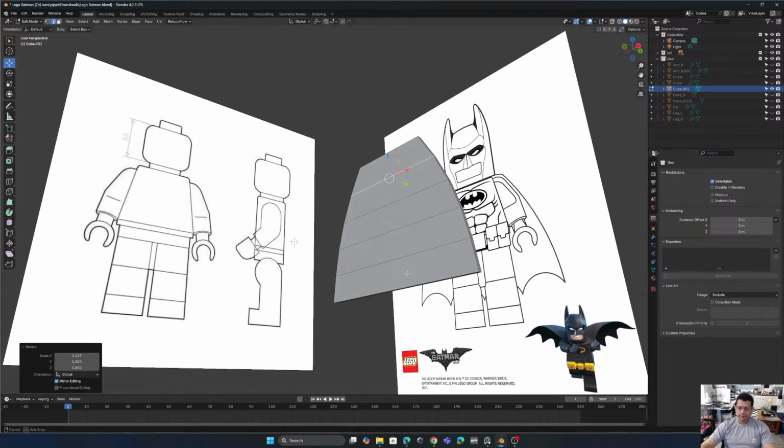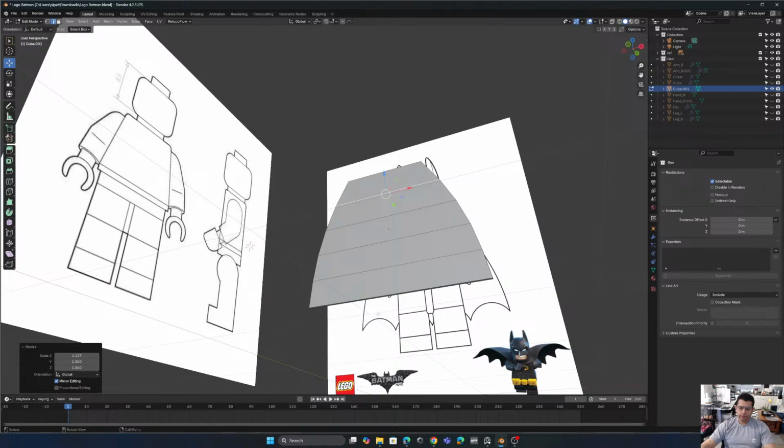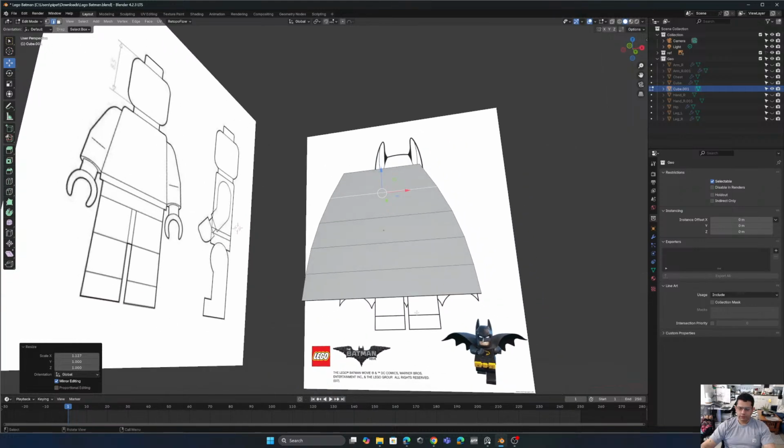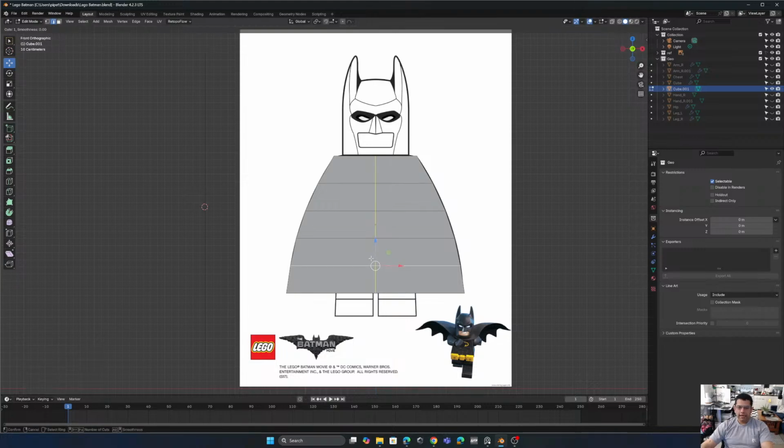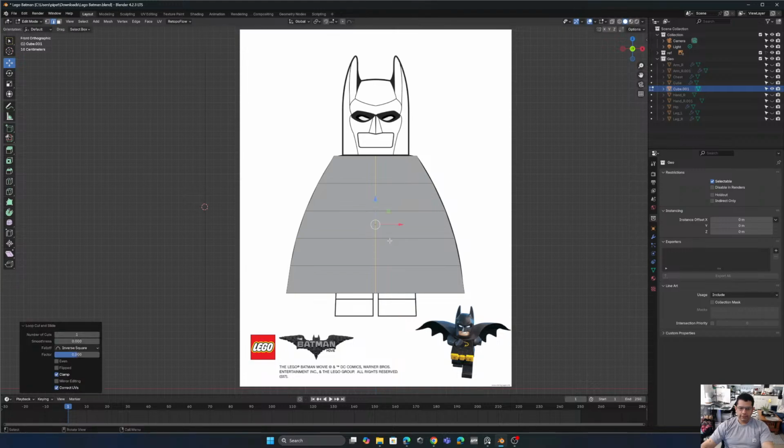Perfect. Now we have to create this part, the pointy part. So front view, Control R to create in the middle, click, escape, Control R to create the other one,